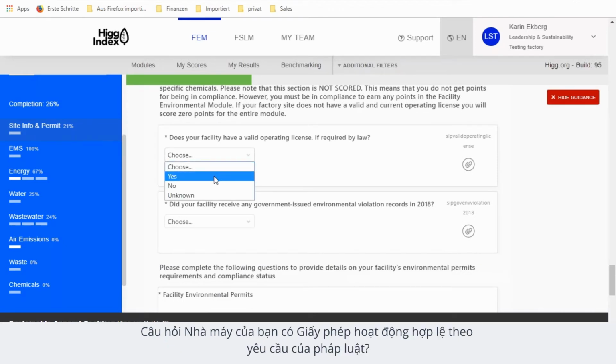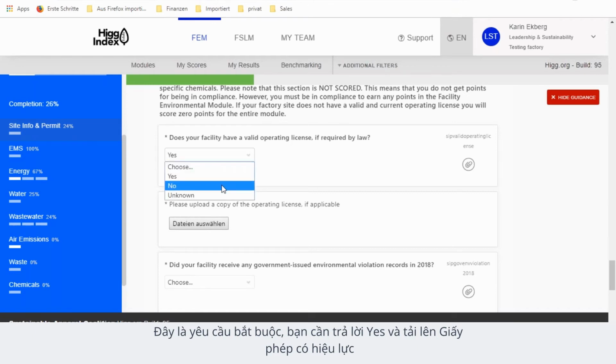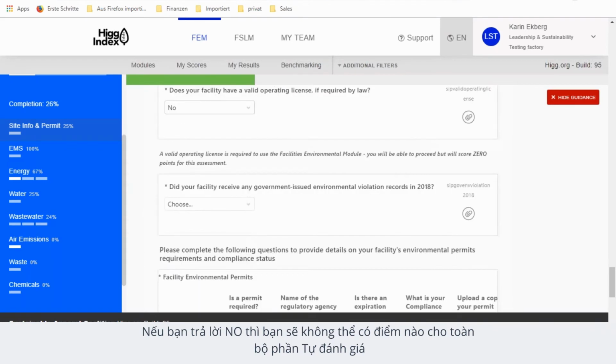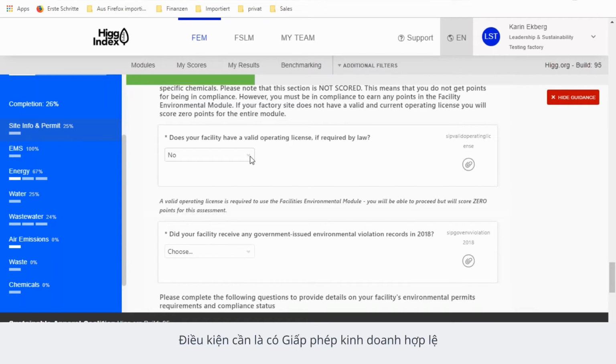Do you have a valid operating license if required by law? Yes. You also need to upload the operating license. That's a must. There is no other possibility to explain or so. You really need to upload the operating license. If you respond no, then you will actually not be able to score any points at all for the self-assessment. You can continue to complete the self-assessment, but you will not score anything. And this, I think, is obvious. You need to, of course, have the license to operate